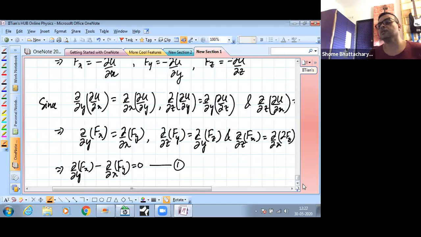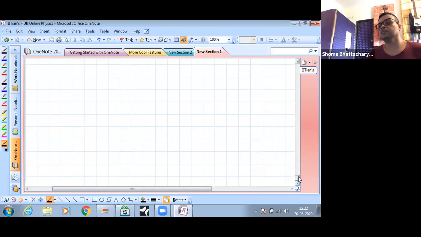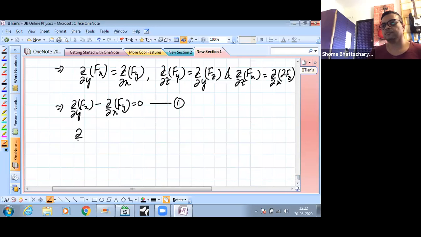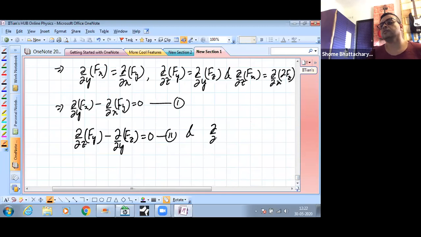This is equation 1. Similarly, we'll have 2 other equations. And so combine these 3 equations into vector, we can say that this cross product,